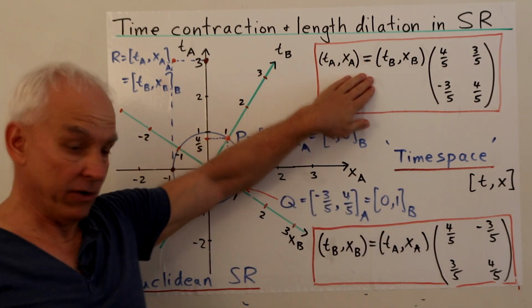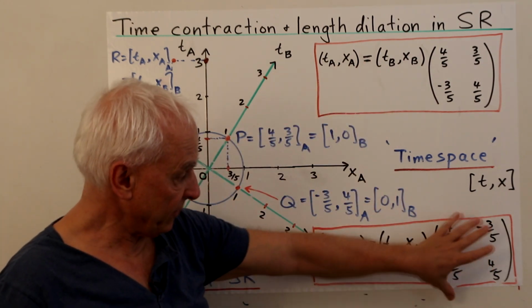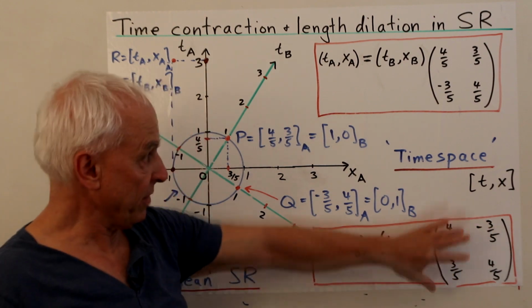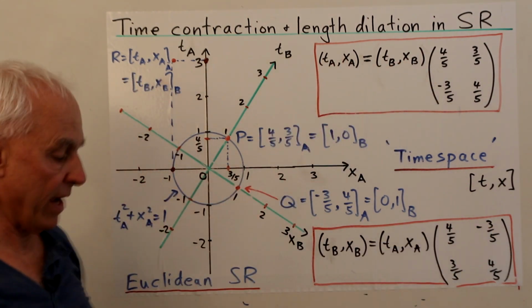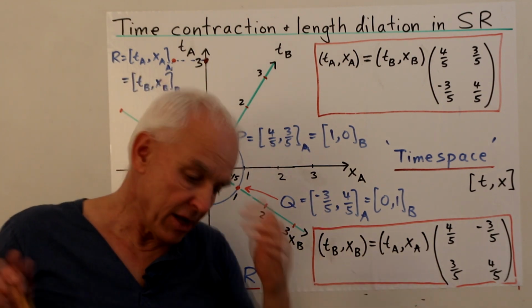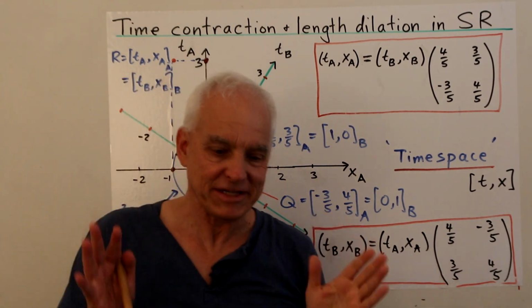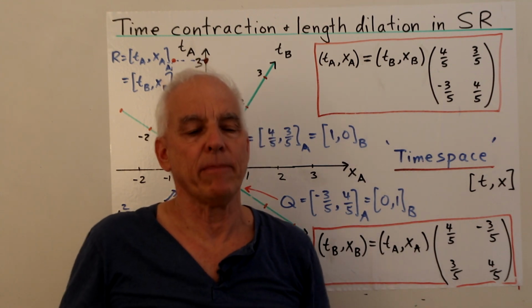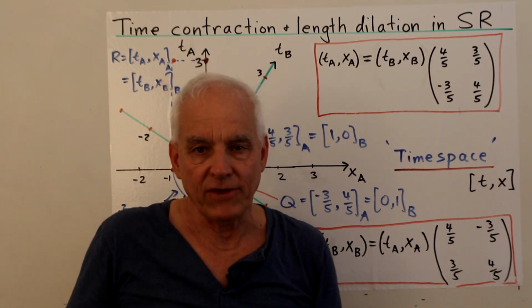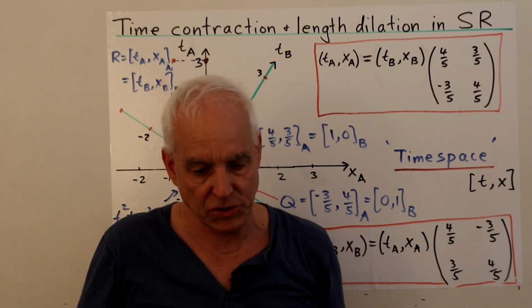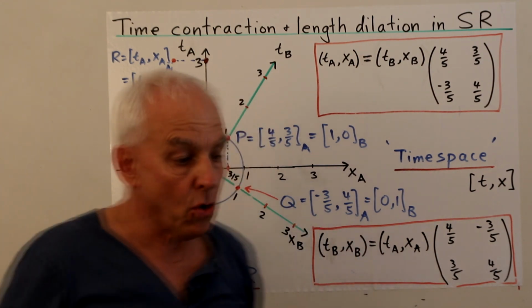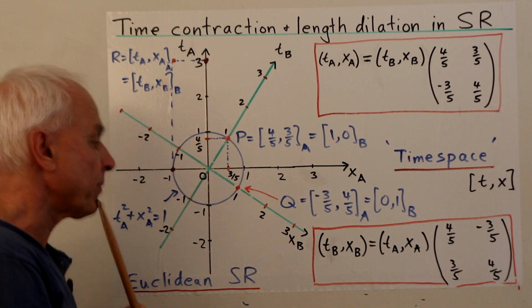And this equation up here is just the inverse matrix. So if you invert this matrix in linear algebra, then you get this one. And this allows you to go from B coordinates to A coordinates. Okay, so that's all very simple. Just a quick review of some elementary change of basis stuff in elementary linear algebra in a first-year course. So what does this have to do with special relativity?